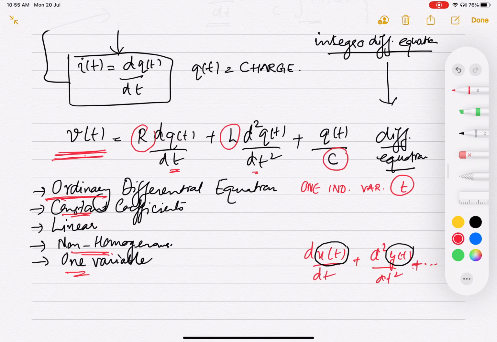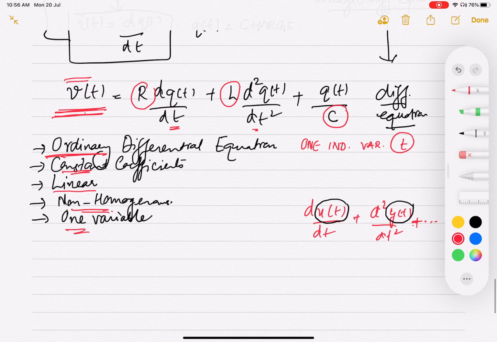Right? So if you did not have a forcing function, if this term was absent, the term which is actually providing input to which the system is responding, then the differential equation would have been homogeneous. And why is it linear? It is linear because